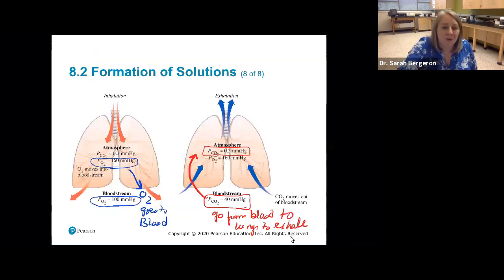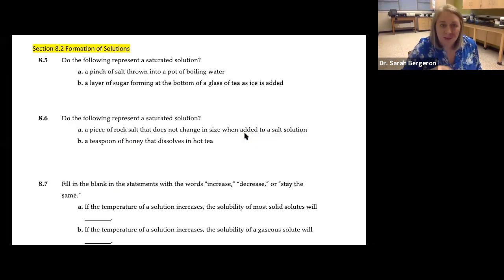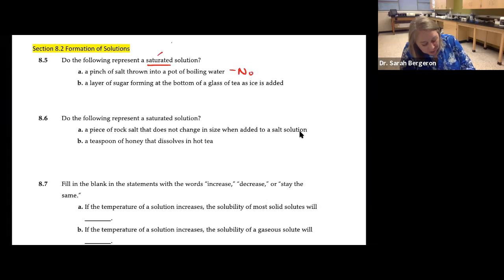All right, so let's go do a few problems. Okay, so we're on our in-class problems. Do the following represent a saturated solution? A pinch of salt thrown into a pot of boiling water. That's a really high temperature and a really small amount of salt. So that is not saturated, no, because remember, a saturated solution contains